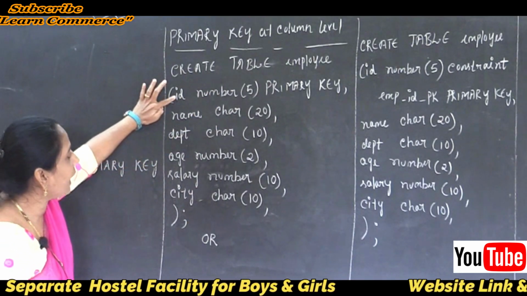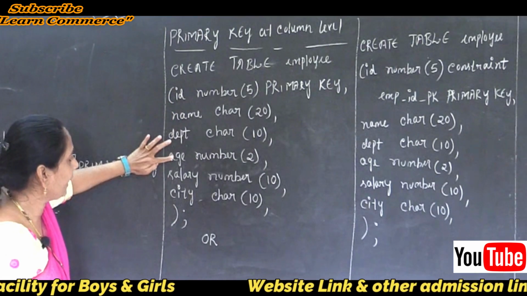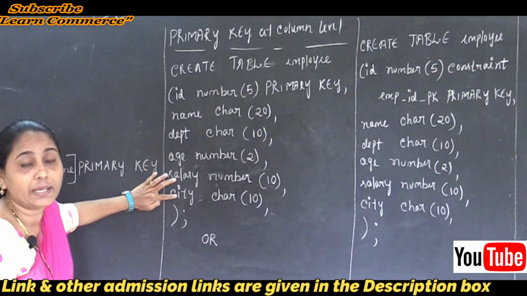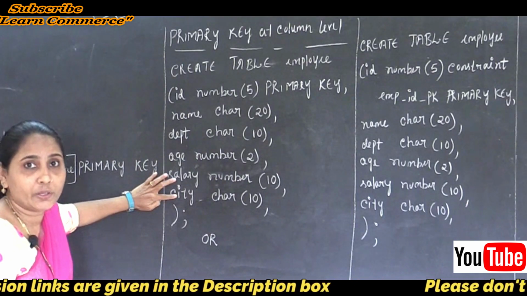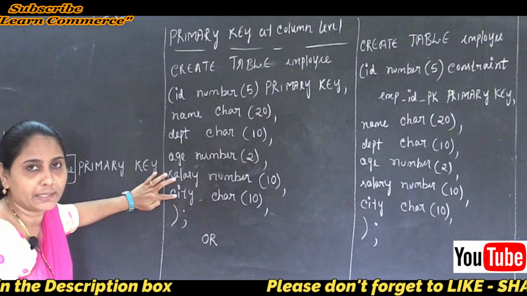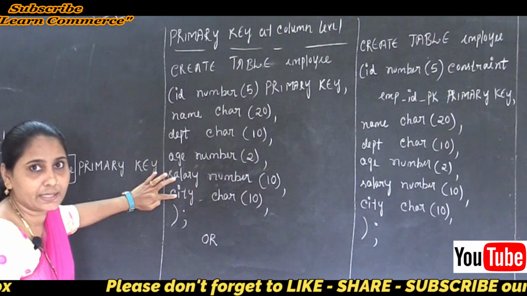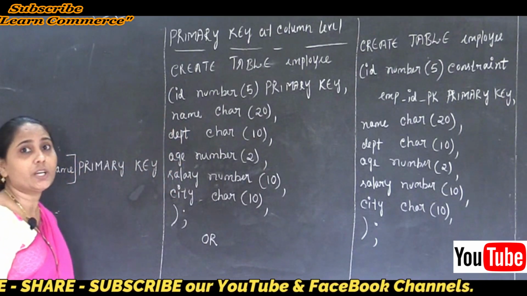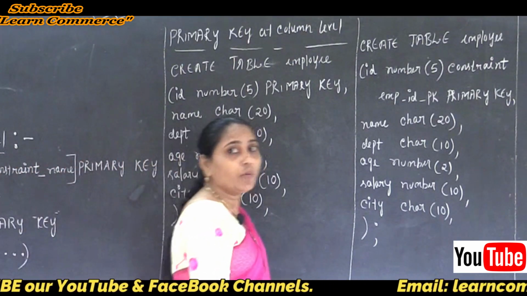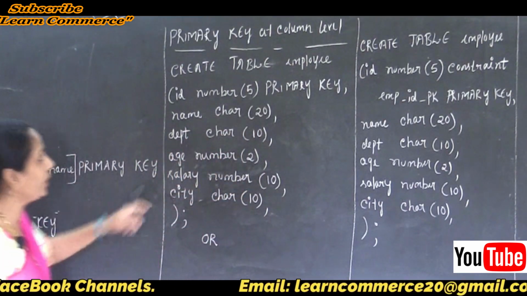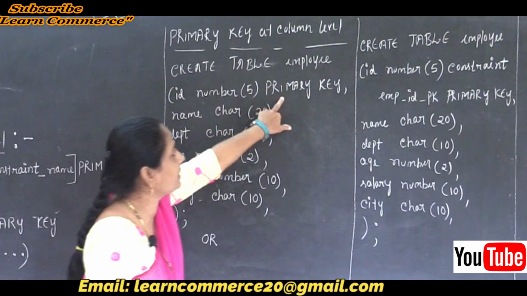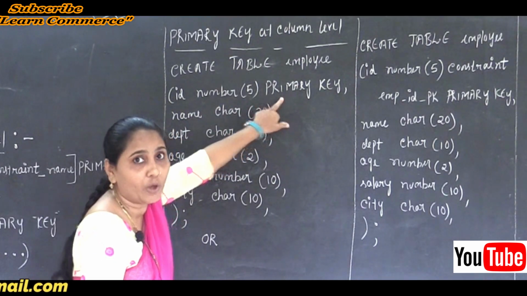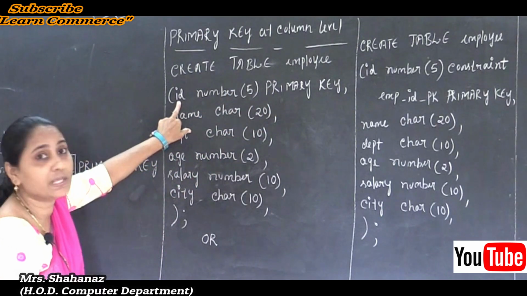So in this final, we can say about this employee table, how many columns are there? The ID, name, department, age, salary, city. So a total of 6 columns are there in table employee, and we used the column name with their data type and also with their size. Clear this one? So this is one example for our primary key at column level. Why? Because column level means such a constraint, the primary key, applies only to one column of the table employee. The column name is the ID.